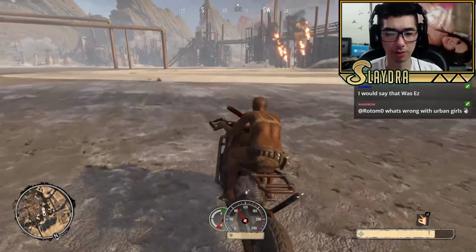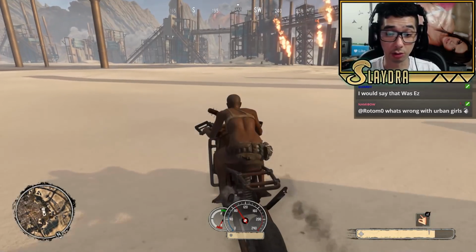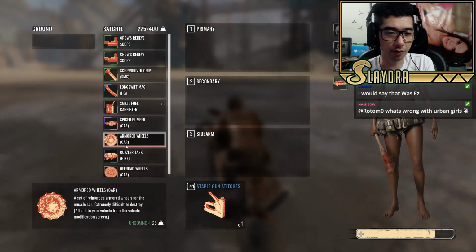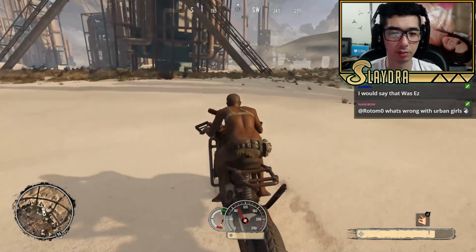But this is basically like the spawn location. I don't think there's any weapons here. Oh, dang. Are we almost out of fuel too? Wait, did we pick up fuel? I think we did. But you can't put on the fuel while it's going, which makes sense, but...